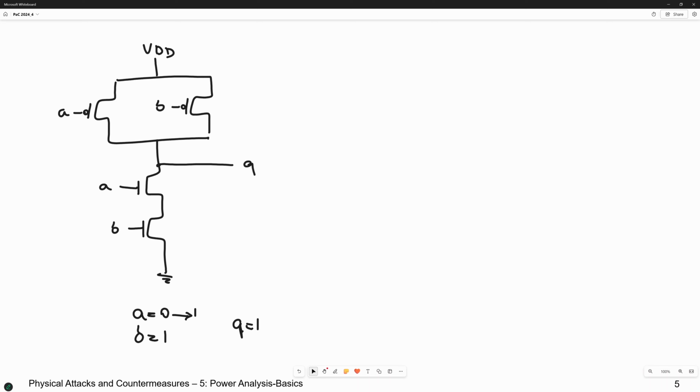No? Then B stays as 1 and A changes to 1. What happens? Then the pull-up network, which was conducting through this transistor, will be turned off, and this pull-down network, which is now connected to B and A, which both of them are 1 now, will be conducting, and the Q will be connected to the ground. It means that Q changes from 1 to 0. The problem is that